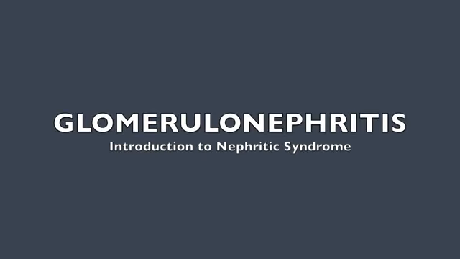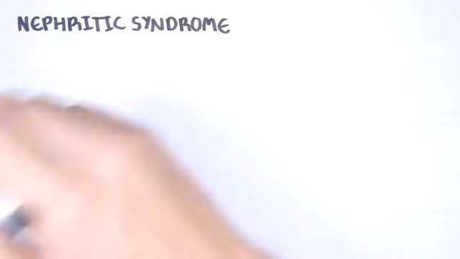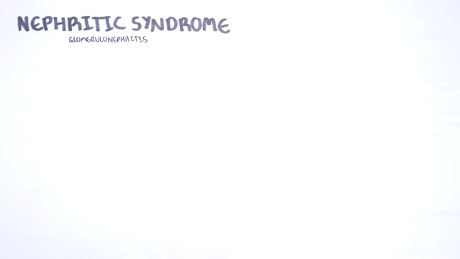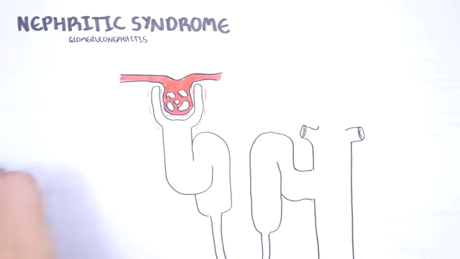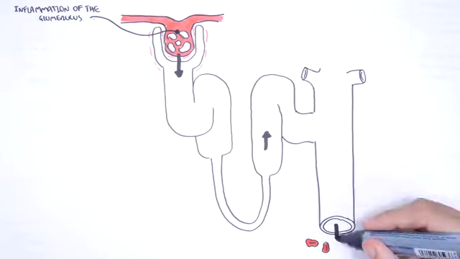Hello, in this video we're going to talk about glomerulonephritis and the different types. The glomeruli are the functional units of the kidneys. Glomerulonephritis, which people know as nephritic syndrome, is caused by inflammation to the glomerulus that results in microscopic or macroscopic